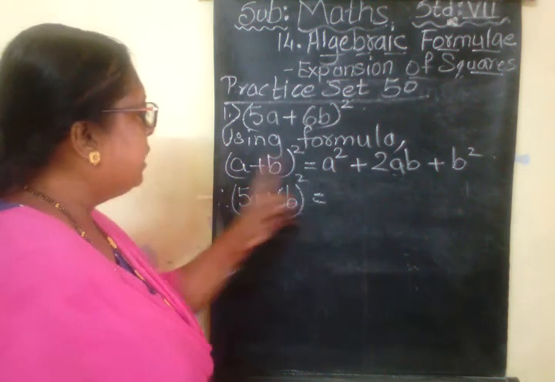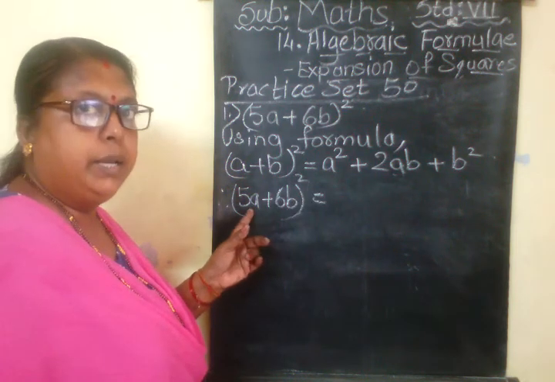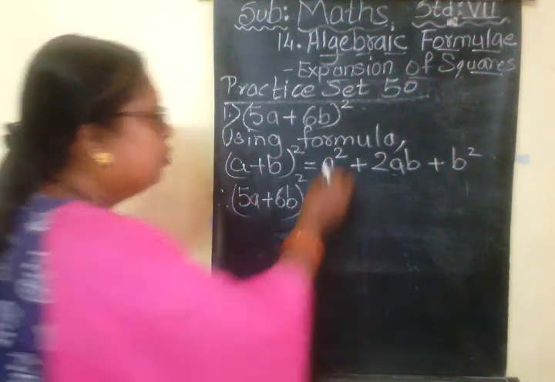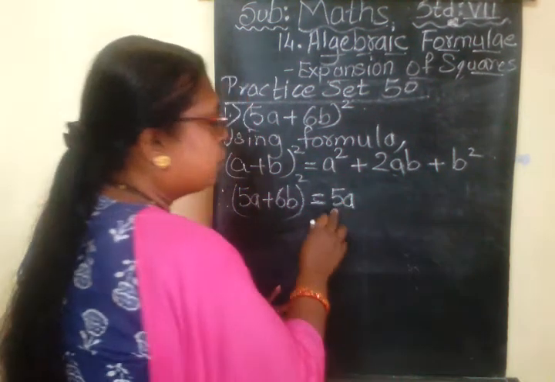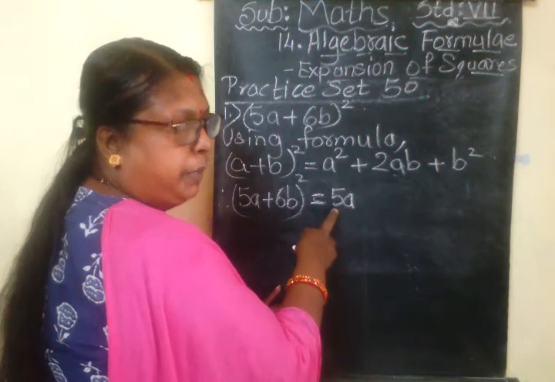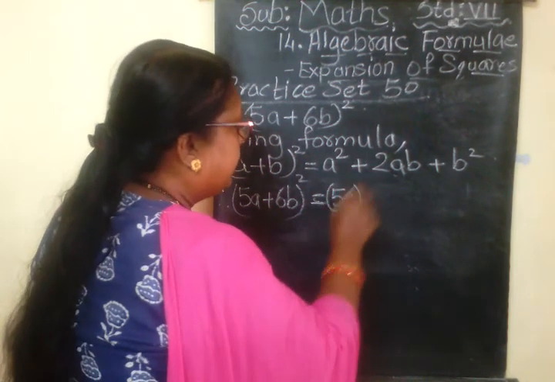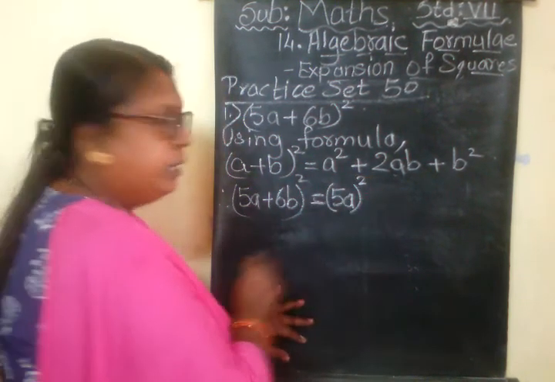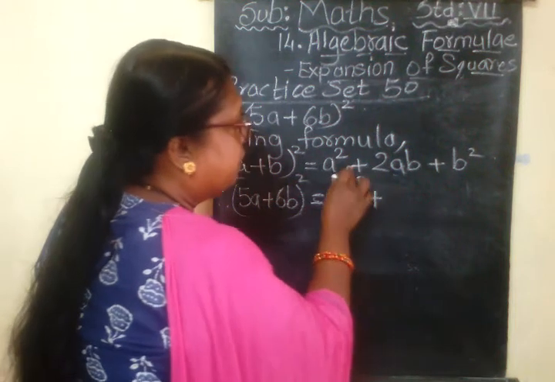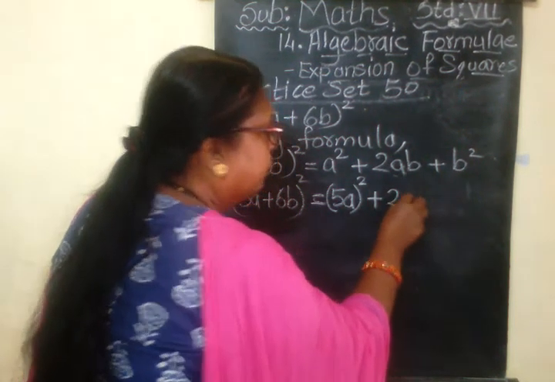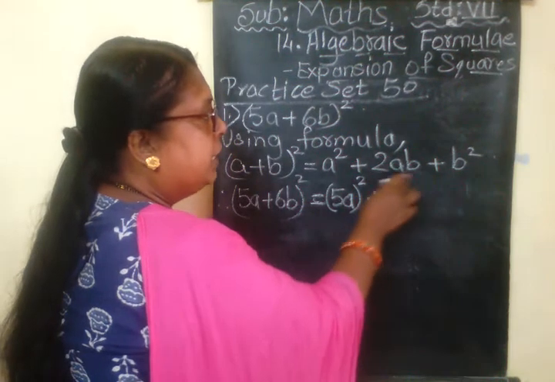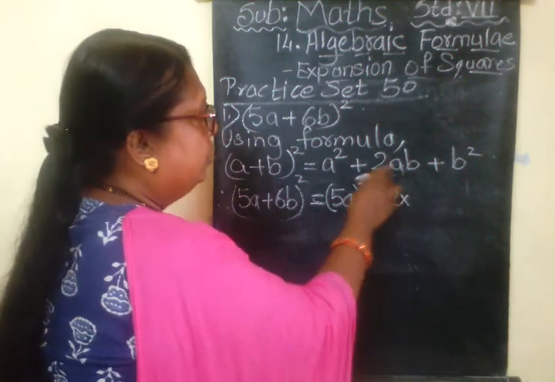So wherever a is there, you have to write 5a. Not only a but 5a. So here we will be writing 5a. Now since there is a coefficient along with the variable, put it in brackets and write square. Okay. Then plus sign as per our formula. Then 2 is there, 2 into multiplication. Here the relation is of multiplication. 2 into a.